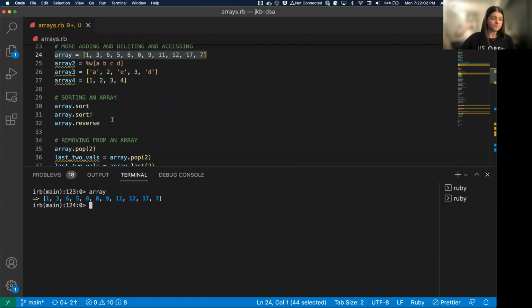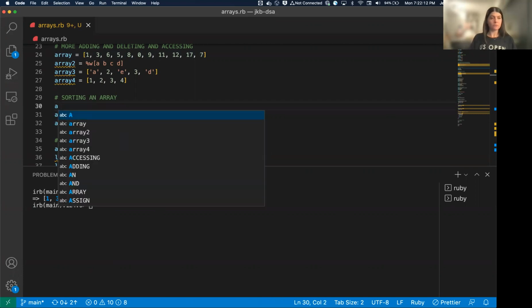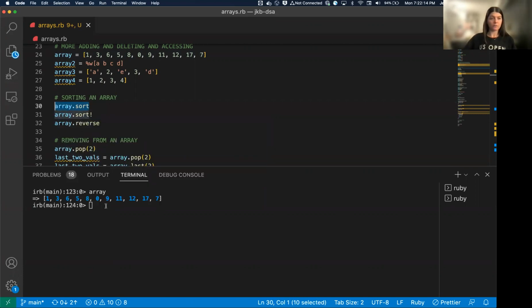In Ruby, we have a cool little sorting method. I don't know if JavaScript has this or Python, but we can do array.sort, right? All right. Awesome. Beautiful. All right, cool. But wait, is that going to save our sorted array? No, it doesn't. And this is important to know. And something I learned